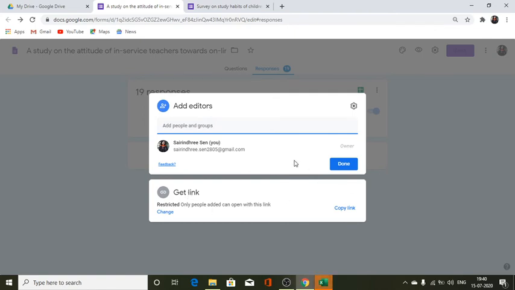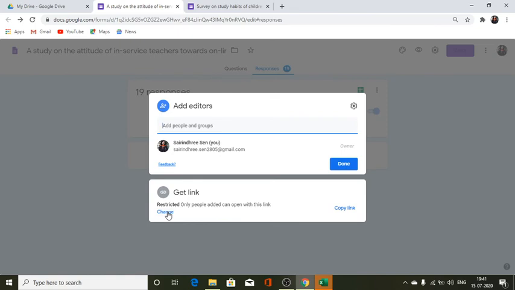And or else, you can just type in the email addresses of the collaborators and change the settings, and then you can just click on done and send it to the collaborator. So your collaborator gets to see whatever you have created and can edit or can just view it according to your settings. Or else, what you can do is you can just get the link and share the link with your collaborators. So here it's restricted only to people who can open this link.